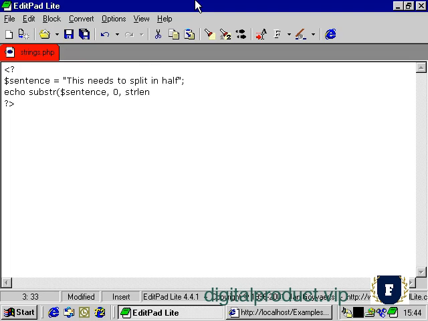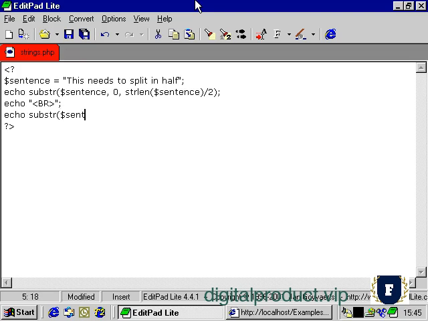Now we used strlen earlier to find the length of the sentence, so to find the middle we simply divide by 2. Then we're going to put in an HTML line break to split those two up,